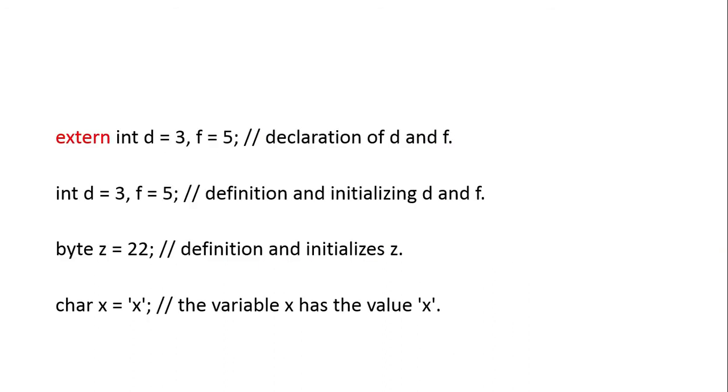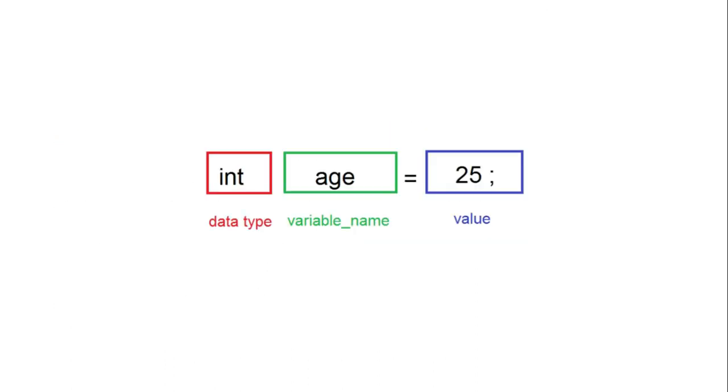And this is an example of the variable structure. Data type is integer and age is a variable. Age is the name of the variable and equal to 25 with the semicolon. So what will happen? It is a perfect declaration of a variable in programming. So you have to write the data type first, then the variable name, and equal to the corresponding value of the variable. So it will store in the memory age equal to 25. So the age value is now 25. You can manipulate the 25 value using the variable name, right?